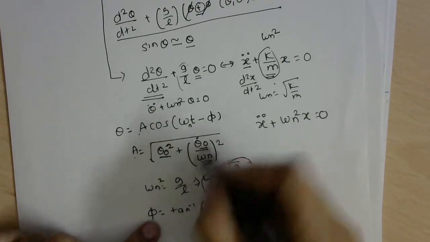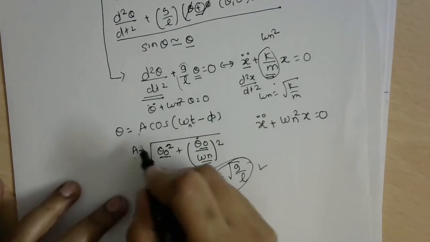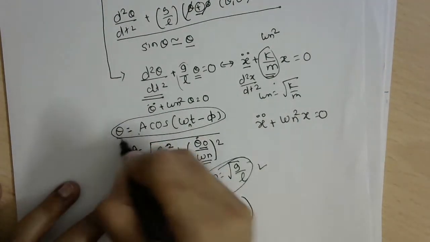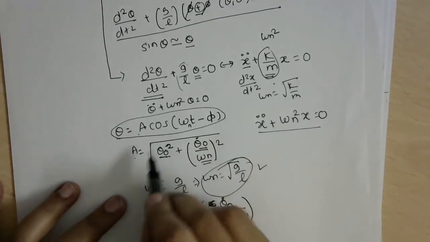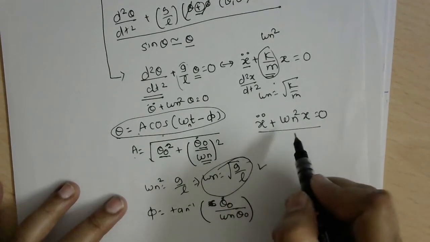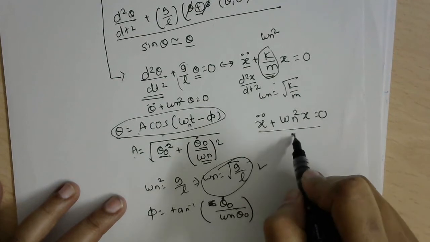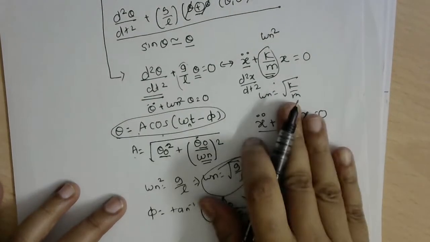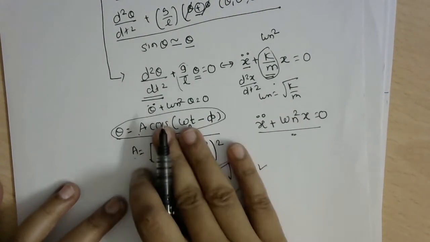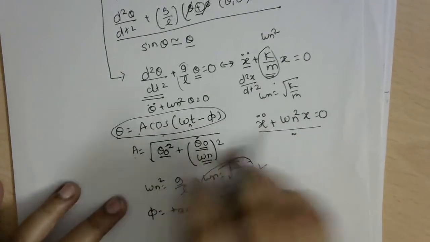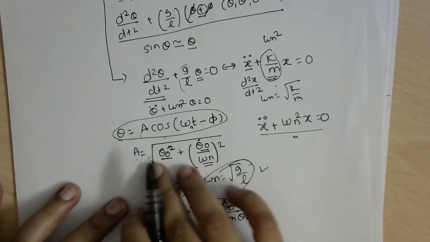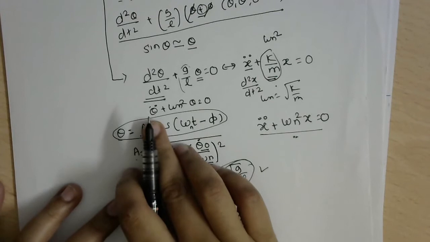You have to put this phi over here and you obtain theta, which is exactly identical to what we have seen over here. We have not even solved it. What we have done is we already have solved this. We know how it looks. So we are simply mapping the solution onto it. Same solution, bring all those inferences, bring all those solutions over here and say that you have obtained a solution in case of this problem.